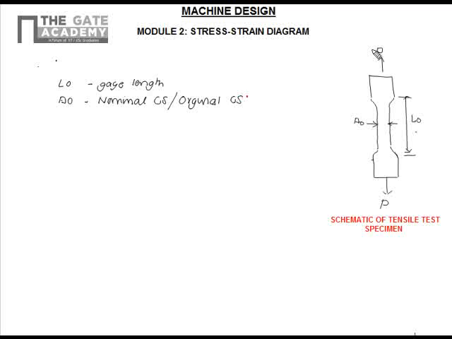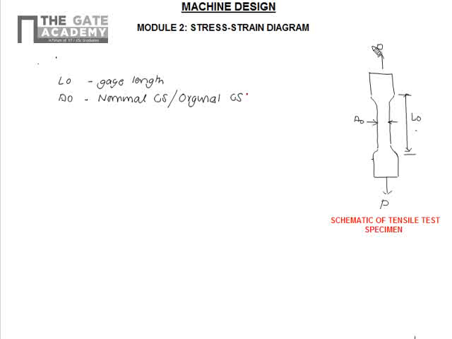Now in tensile testing, how it is done is the load P on the material shown here is gradually increased, and at each instant L and A are measured. L is the length of the specimen and A is the cross sectional size. These both parameters are measured till the material fails, and we calculate the stress, which is nothing